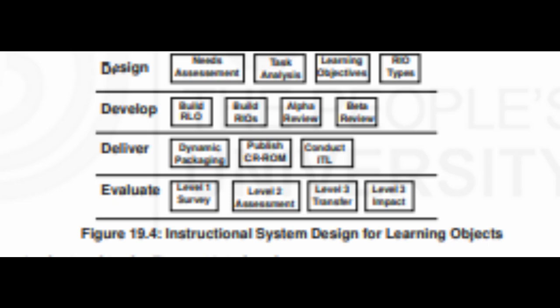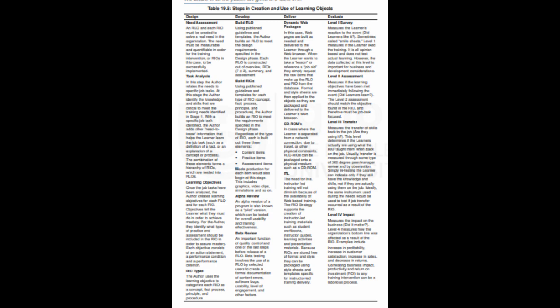Each RIO is built upon an objective that supports the RLO's objective. Inside a RIO, combining content items, practice items, and assessment items creates a reusable information object. Each RIO is built upon a single objective. As defined by information mapping, each RIO is classified as either a concept, fact, process, principle, or procedure. The learner may choose to take the entire RLO, which could be called a lesson. As in any traditional lesson, the RLO gives the learner the needed learning context, the knowledge and skills they need to perform the given objective, and a method to assess mastery.